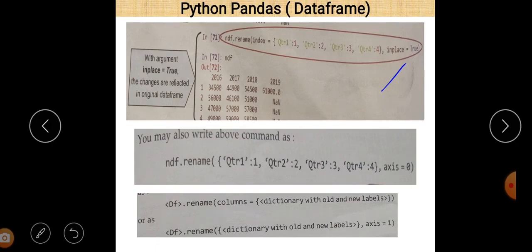You can easily see that when we want to print NDF, NDF is the name of the data frame. You can easily see that this is the data frame here. Then these changes will be shown on the screen, that the index value must be changed. After that you can easily see 1, 2, 3, 4.